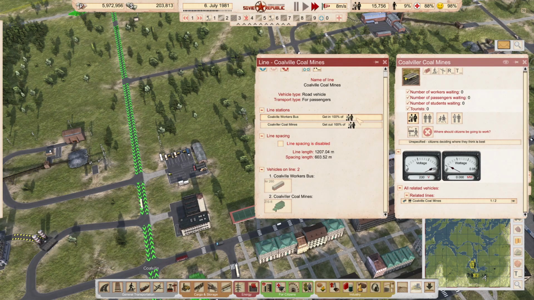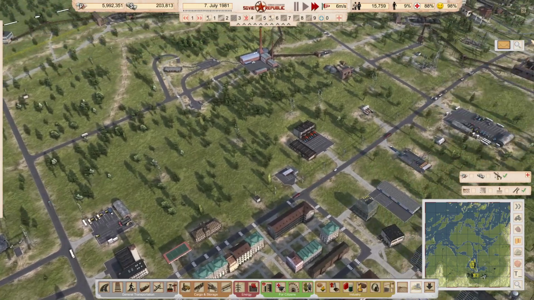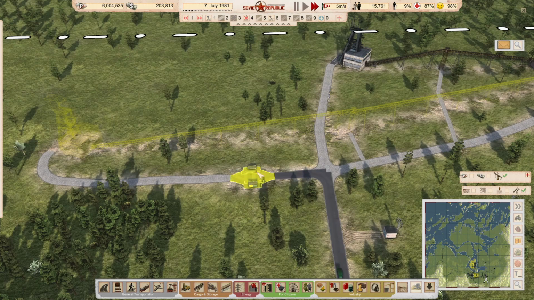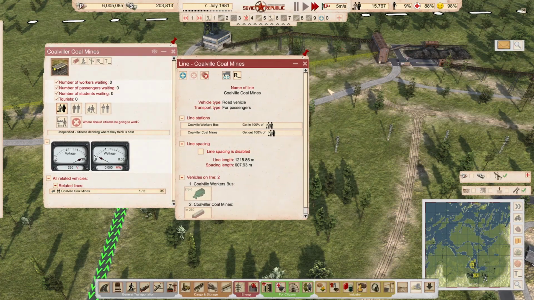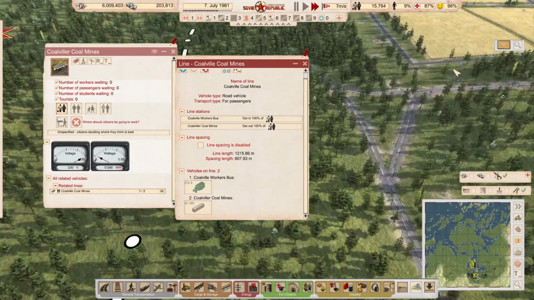Yeah, something tells me maybe it's about time I actually upgraded this route. Okay. Whoops. Yeah, we're gonna get some more workers on this, and we're gonna upgrade the route here. So we'll just open that up. And I think we can...